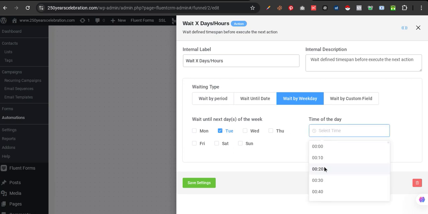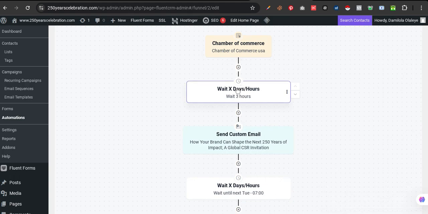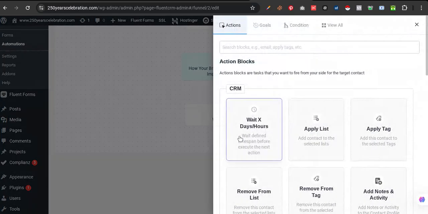What time of that day? Okay, let's say 9 a.m. or let's say 7 a.m. Let's say 7 a.m. of that day. Then you click on setting. I believe you get that now. You click on save setting. So this simply means someone joins our list, this automation is triggered. Automation will wait for 3 hours, we'll send this email, then we'll wait for 3 days, and now we can